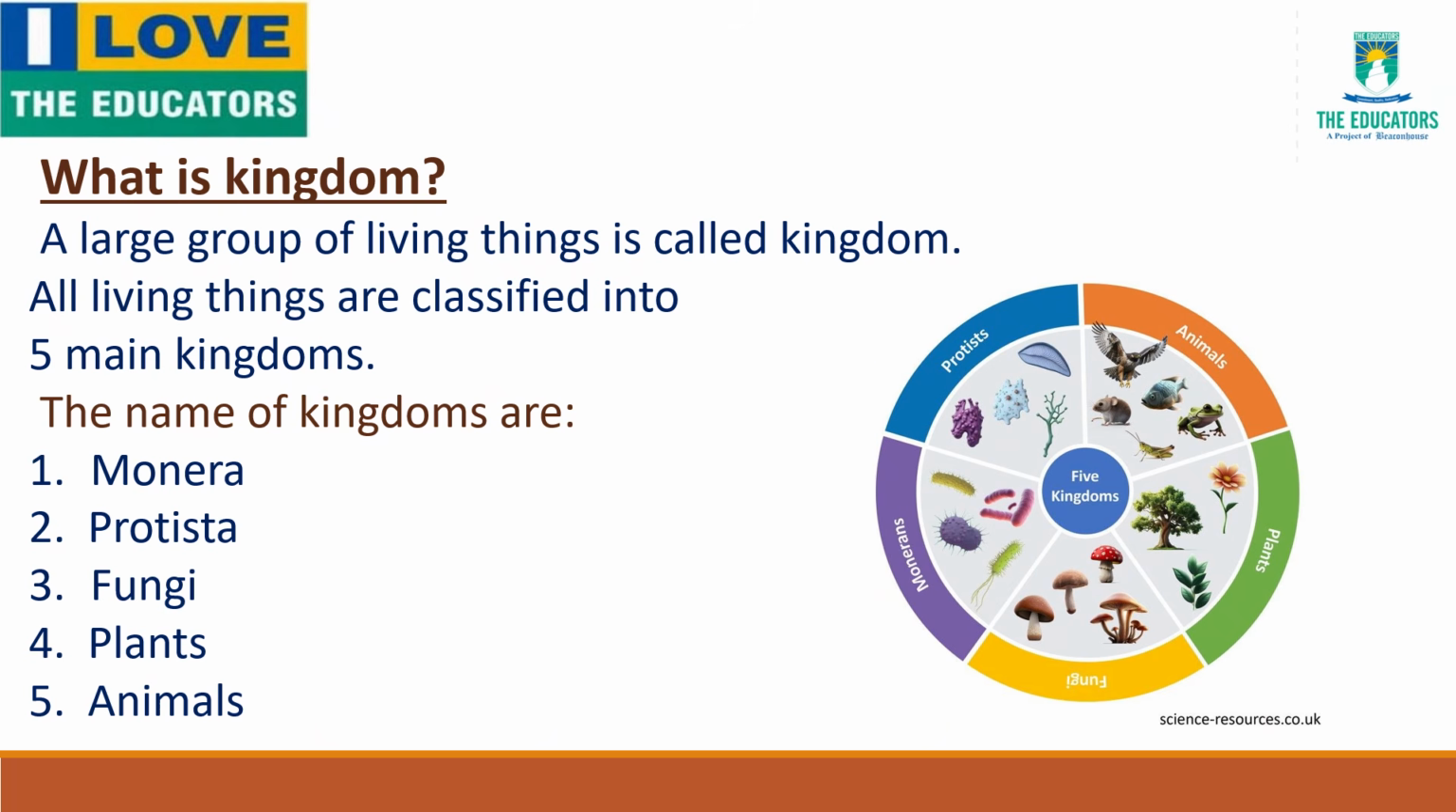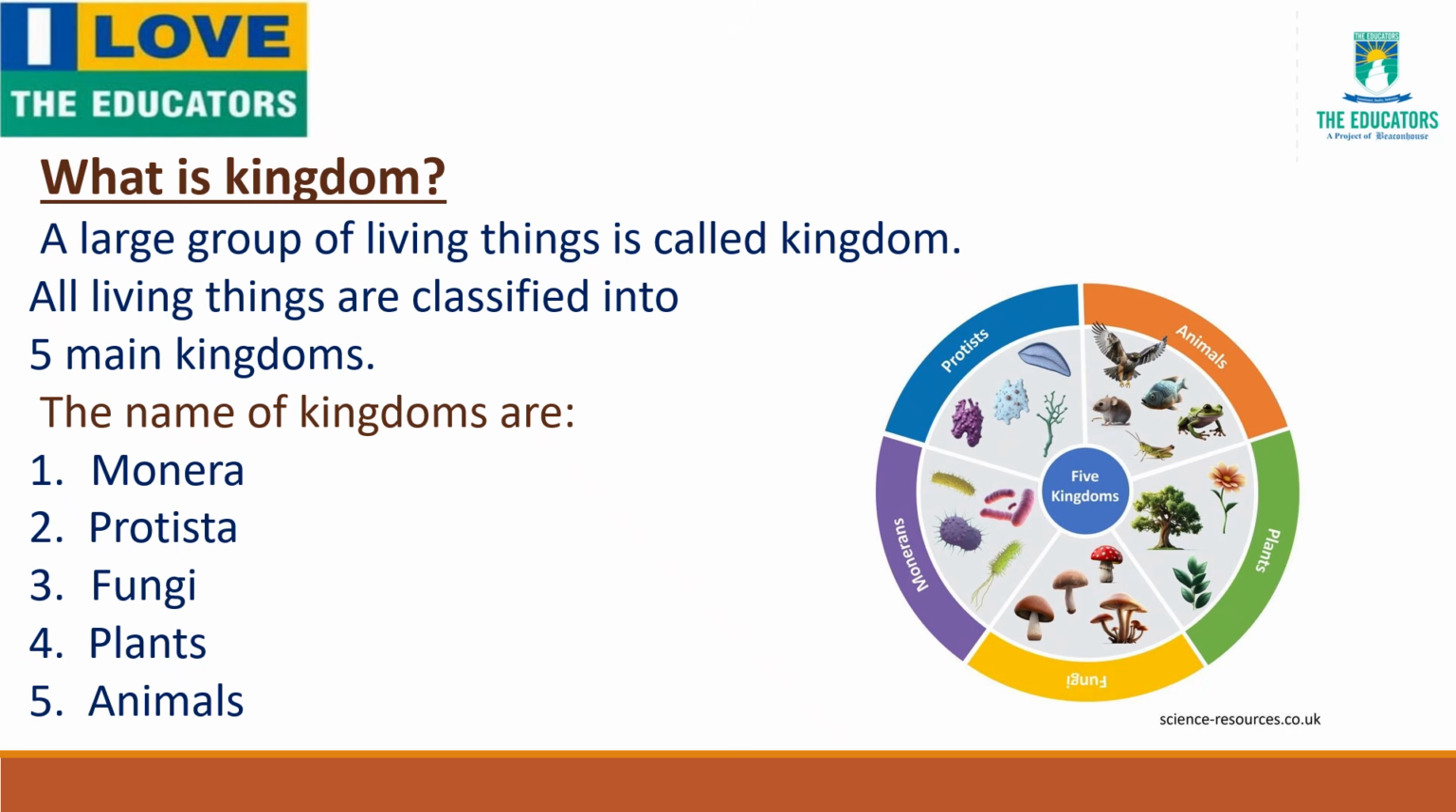Next one is kingdom. So here is a question. What is a kingdom? Do you know what is a kingdom? Okay, I will tell you what is a kingdom. A large group of living things is called kingdom. All living things are classified into 5 main kingdoms. And the names of the kingdoms are 1. Monera, 2. Protista, 3. Fungi,